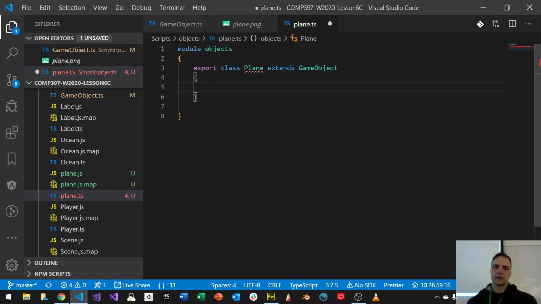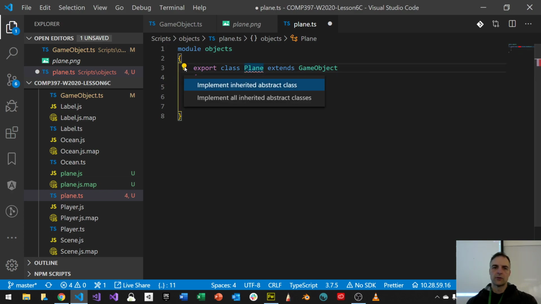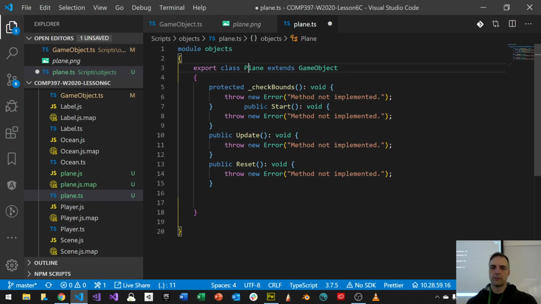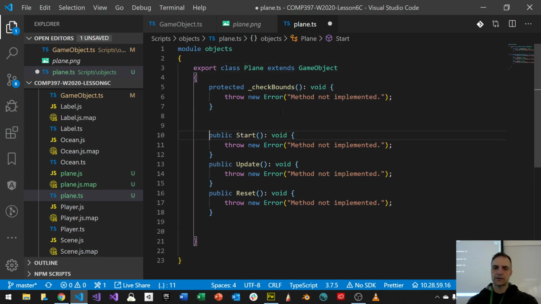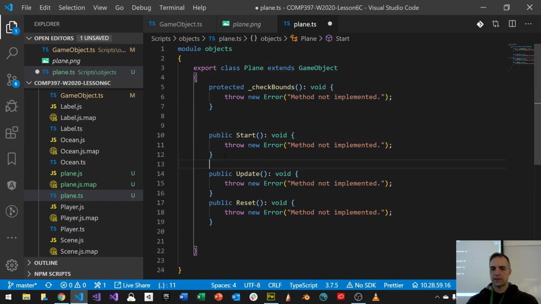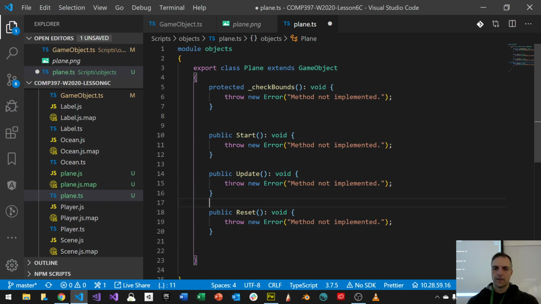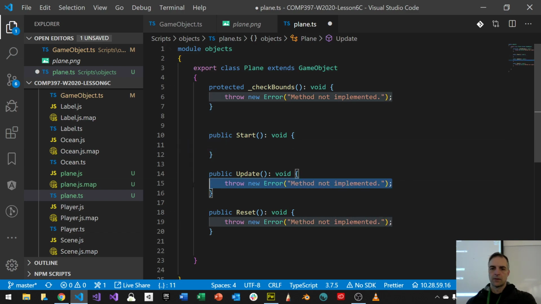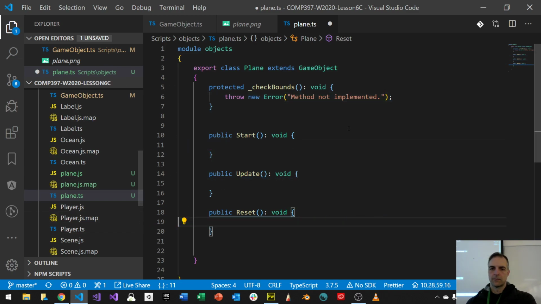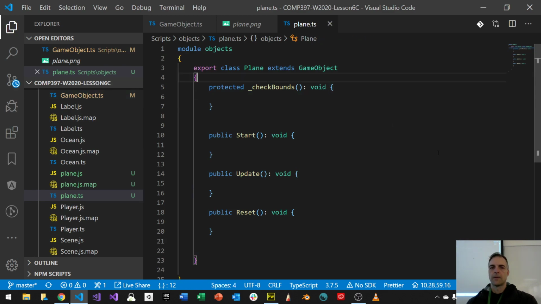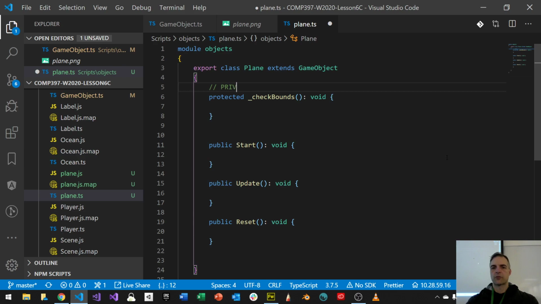And again, just like we saw before, I'm just going to implement the inherited members, right? And just separate this out so that they are done right. I'm just going to get rid of all this stuff. There we go. Okay, nice and easy. And this is going to be the private methods. I'll just do it differently here. We'll have the same comments though. These will be public